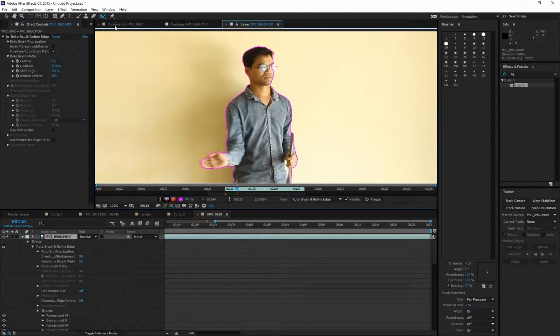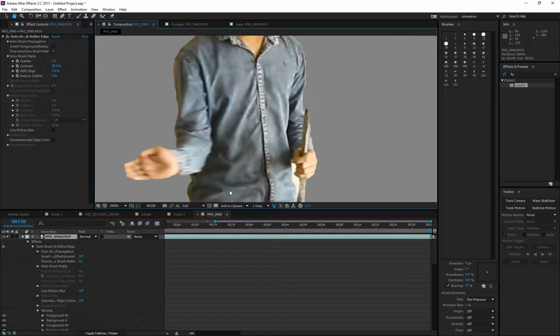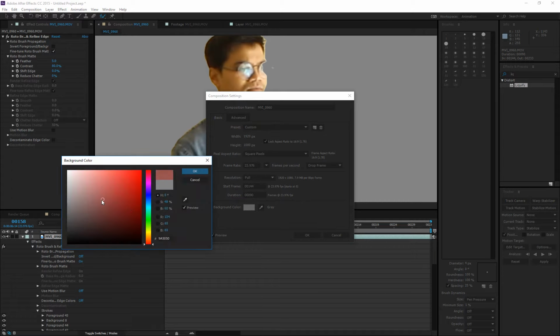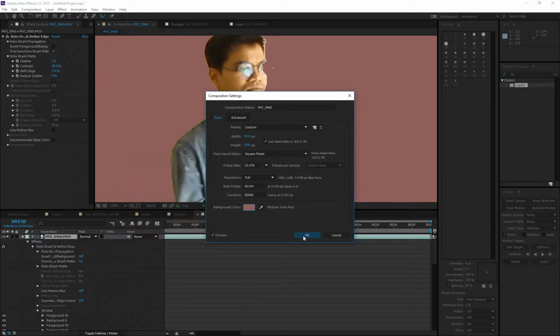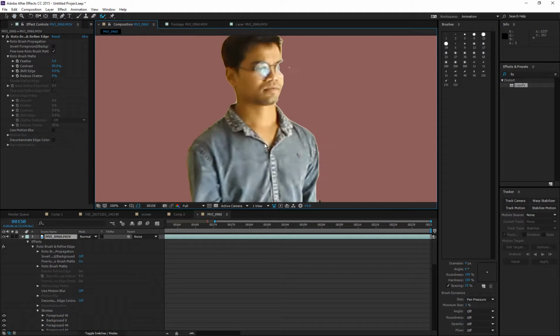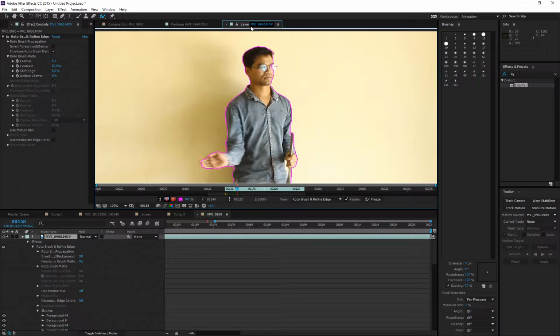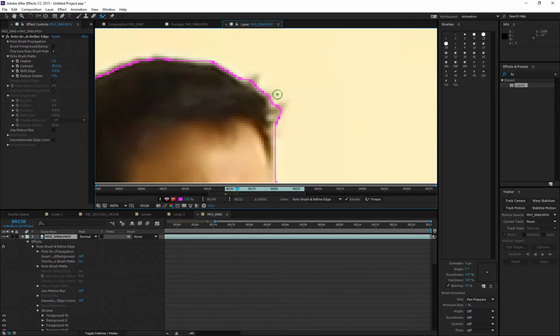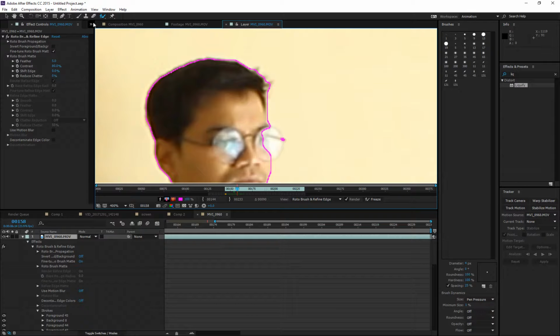Right now if I go back to the composition panel, here you can see you are getting this character with the transparent background, but the problem is the edges are quite sharp. So we have a very powerful tool to get some featheriness in the edges, and like this hair portion here, we cannot simply create that kind of detailed thing with the brush. So what I'm going to do is click and press here, then we have the edge refine